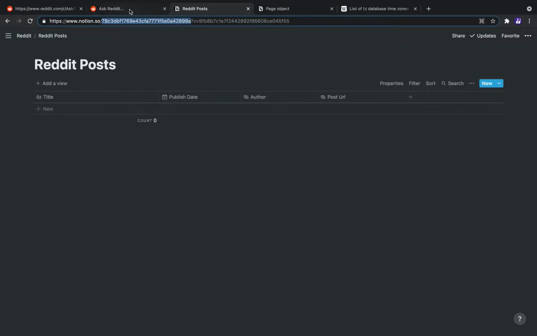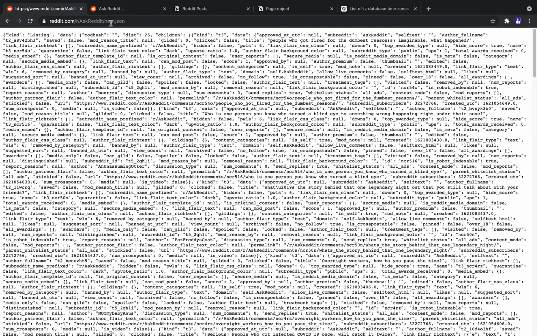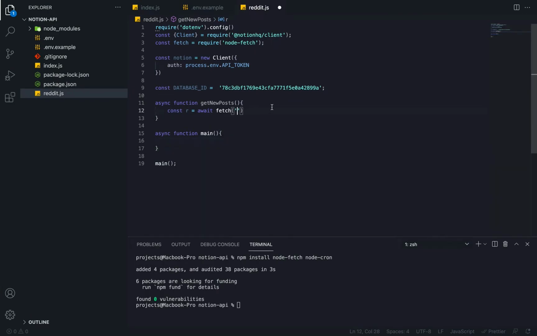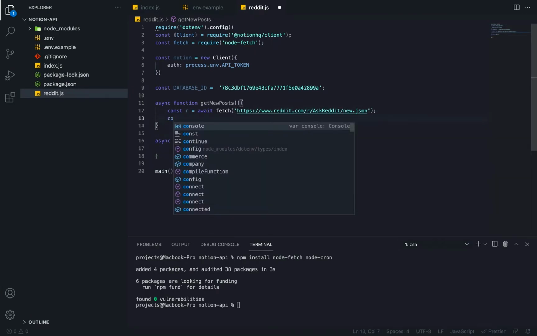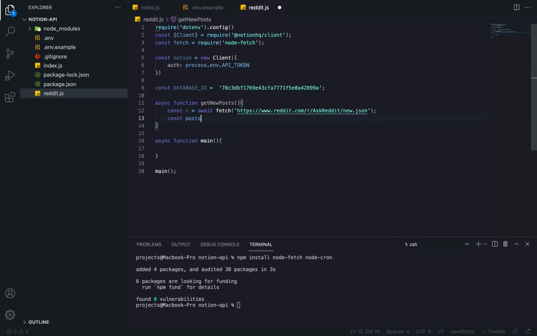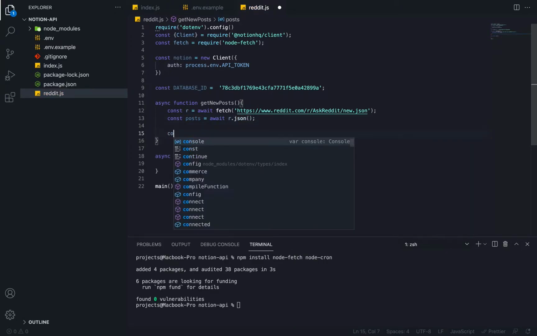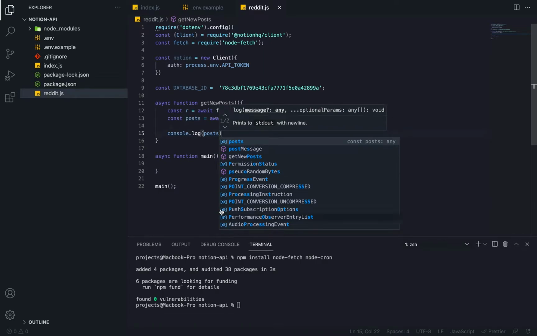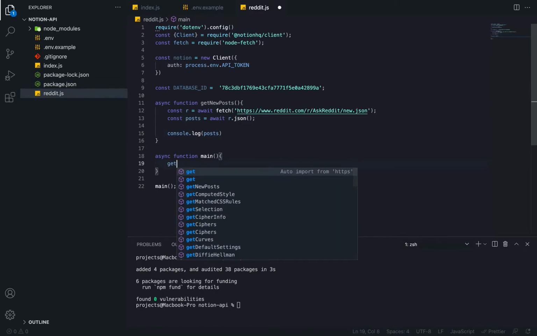And now let's grab the URL for the API. In this case, the API URL looks like this: reddit.com/r/ the name of your subreddit. In this case it is Ask Reddit, and here I have new.json, which is a JSON with the latest new posts of this subreddit. So let's put this here. And now let's do this post into await r.json, and let's log this thing to see what we got. So here I'll call this get new post,